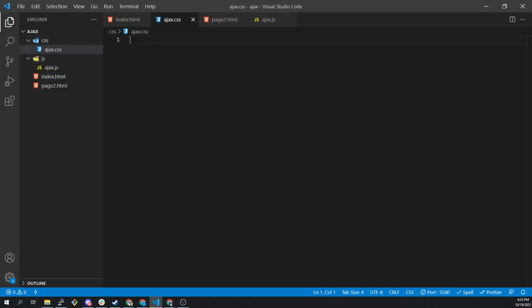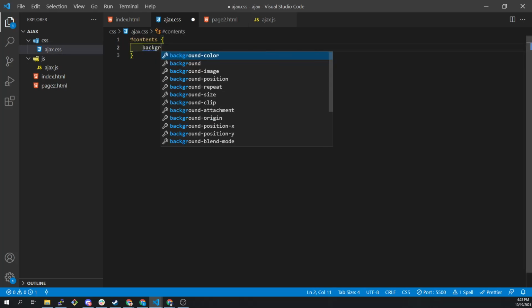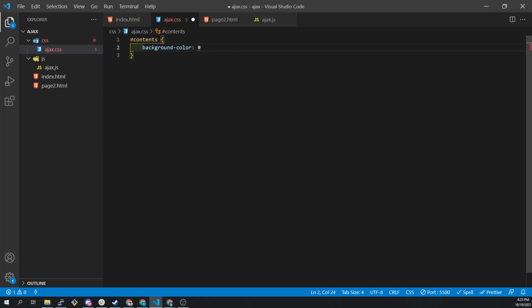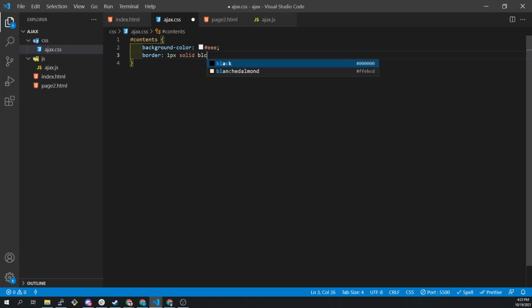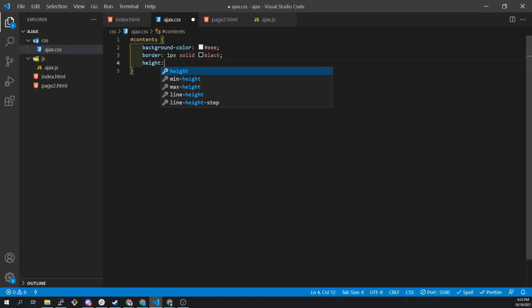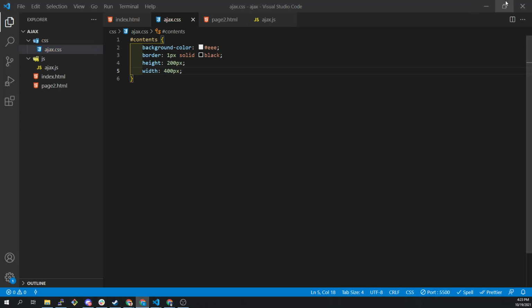And I'm going to say contents element is going to have background color of, let's just make this light gray. And we'll say border 1px solid black. And we'll do maybe height, we'll do 200 pixels, width 400 pixels. Okay, so we should see on our page a